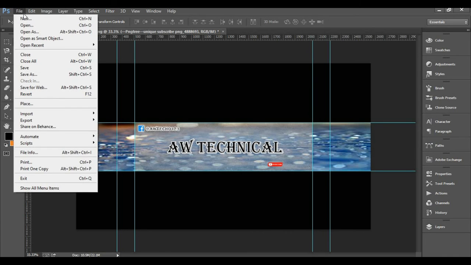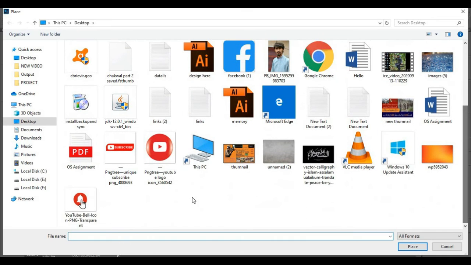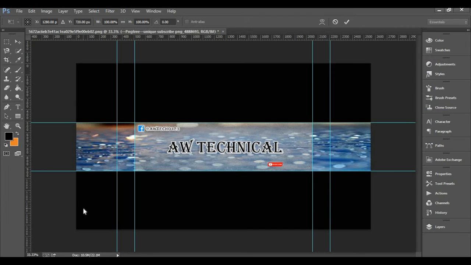Now I will add the bell icon. Here I have the bell icon. I already downloaded it. You can download it in PNG form very easily.